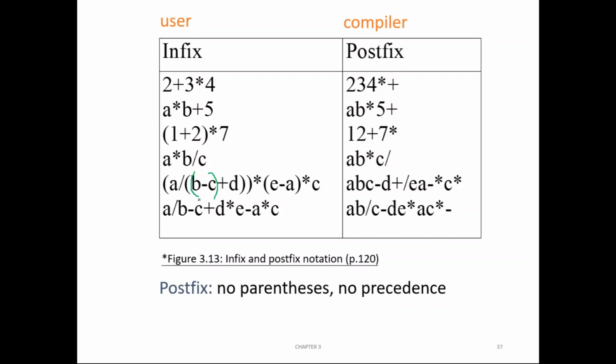Okay, let us follow the order. So first this bracket will execute, B minus C, then plus D will execute. Okay, so if you do this B minus C plus D, you will get something. Say let us call that X. This entire thing B minus C plus D, you got X. Okay, now leaving this B minus C plus D, what are the operators you have? Slash and two stars, and there is a bracket, and there is a bracket part. So this bracket we have already executed. This bracket is there, and this bracket is there.